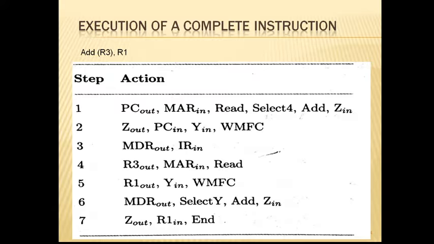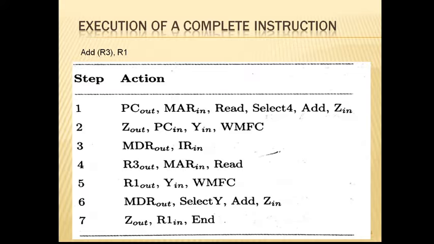Next, what is the function of the PC? It keeps pointing to the next instruction to be executed. Once the PC points to some memory location, from that location I fetch the instruction, and then I have to make the PC point to the next instruction to be executed. In order to move the PC from one value to another, I have to increment the PC value. Increment by how much? It is nothing but the size of the instruction.